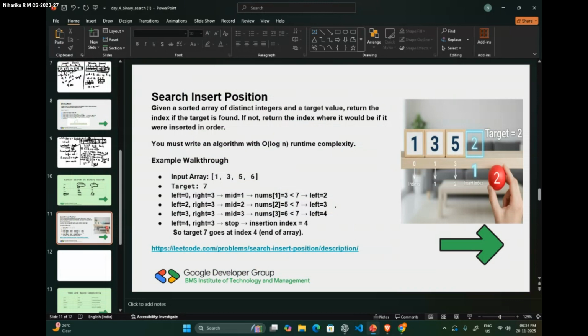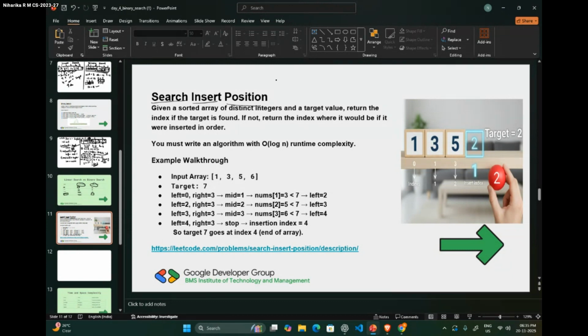Next we have a question. We'll solve a question. So let's discuss what the question is first, right? The question says search insert position. Given a sorted array of distinct integers and a target value, return the index if the target is found. If not, return the index where it would be if it were inserted in order.